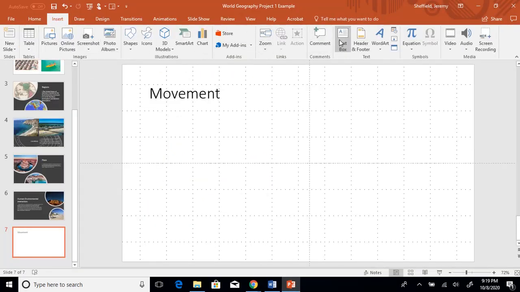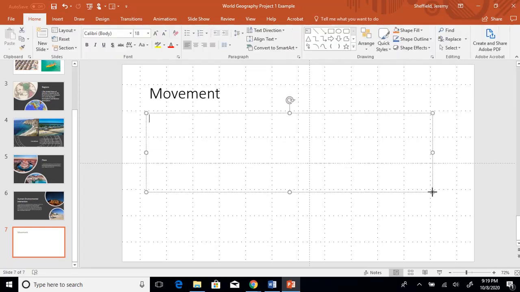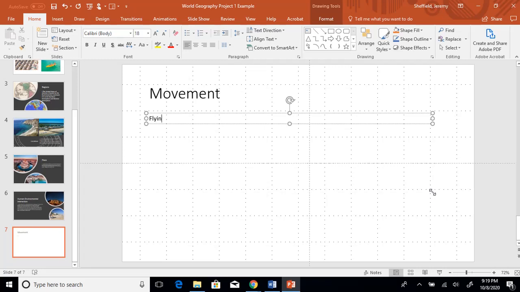I want to insert a text box. Flying to America from Europe will, and remember, you want to sell it, so you want to use language that's going to persuade somebody, right? You don't want to make it seem like that's a long time. Flying to America from Europe will only take 10 and a half hours, or if you are flying from China, it will be,